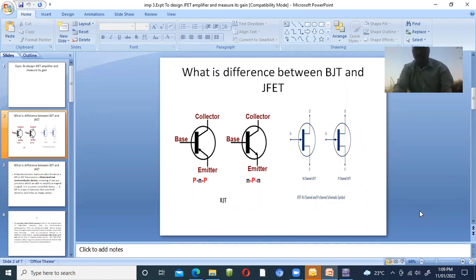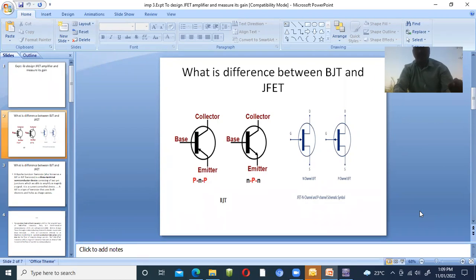See, we will talk about the JFET. JFET indicates junction field effect transistor. Junction field effect transistor has high input impedance compared to the BJT. In your application, if any device has more input impedance, it indicates that noise is not added to it. So that's why it is more preferred. That is the thing related to the JFET. That's why JFET is used more in today's audio amplifier applications.